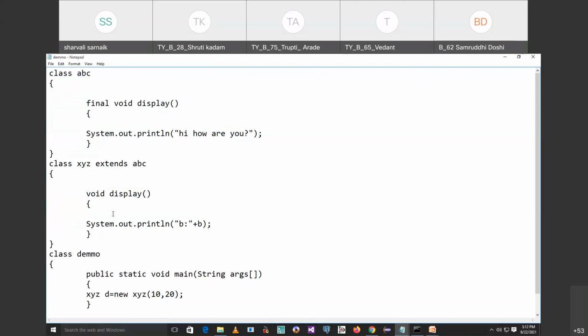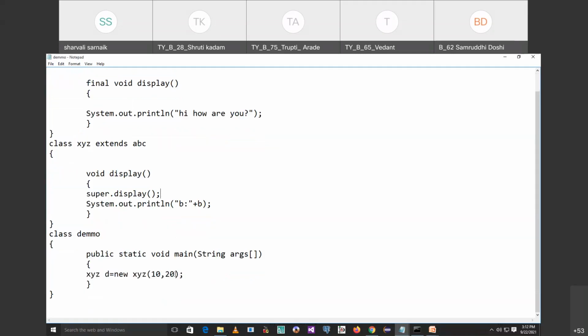Yes students, with the help of the super keyword. So I will write super.display. I have written super.display.